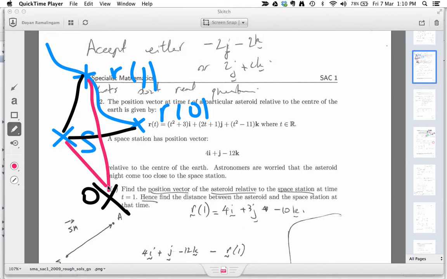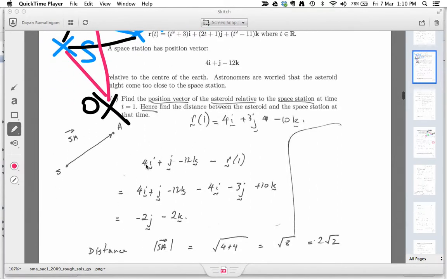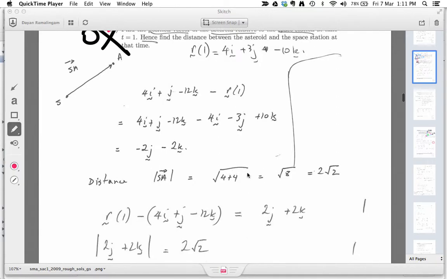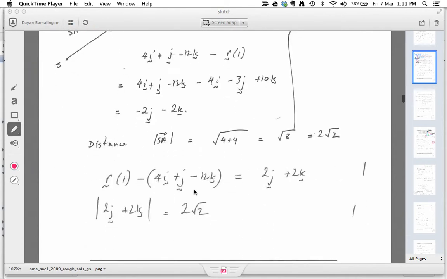Now then it becomes a simple triangle vector thing, and that is the new origin, if you like. So if you're talking about that, then you are saying it is SO plus OR1. Now that one is pretty straightforward, and you have that over here. And the distance as well, which is required, that one is pretty straightforward as well, 2 root 2. So we know the vector from the space station to R1, and we know its distance. Moving down,